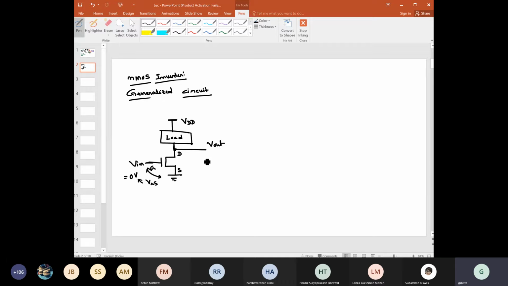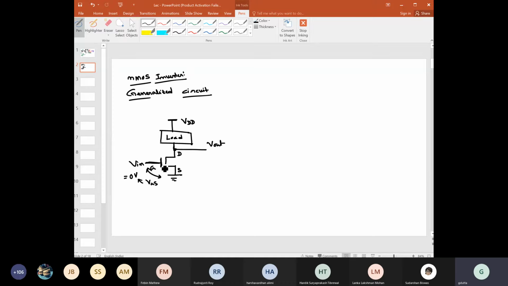Now let me ask you one question. In a digital integrated circuit, what type of load do you expect at this output? If you think that this is the output, then obviously this output in a digital IC is probably also driving some gate, some gate of another transistor. So you can think of this as connected with another transistor gate.